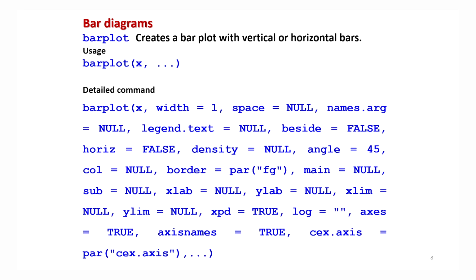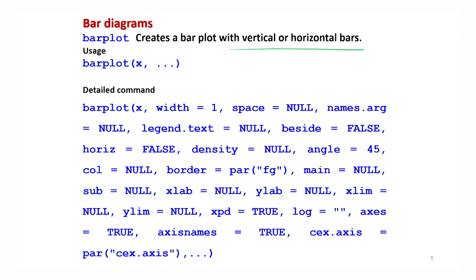So now, just to give you an idea that there are so many options available in the bar plot. Well, I'm just trying to show you this screen to make you understand. I'm not going to give you all the details, but as I said earlier, when you are trying to plot graphics in R, you have lots of control in your hand. And this is an example. Suppose you want to create a bar plot, it can be created with vertical bars or horizontal bars.